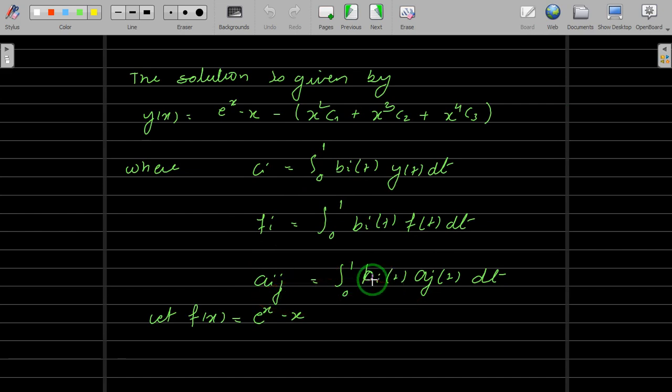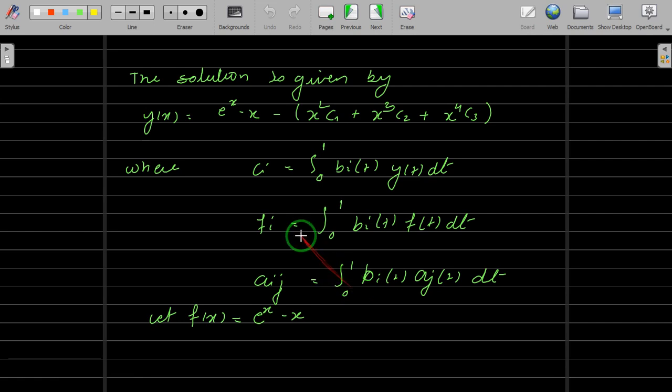Right? So if one is solving, they may take B1 as B3. In that case, this value of Aij will change. And how come Aij remains the same? Because there is Bi and Aj. I don't know, I'm getting the same. Maybe because of this problem you may get that, but in other problems you may not. But then I'm getting a different system only. Yeah, that's what I'm saying.